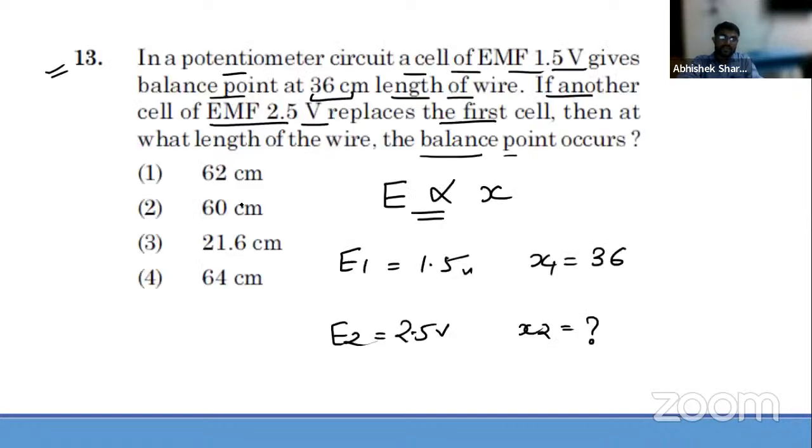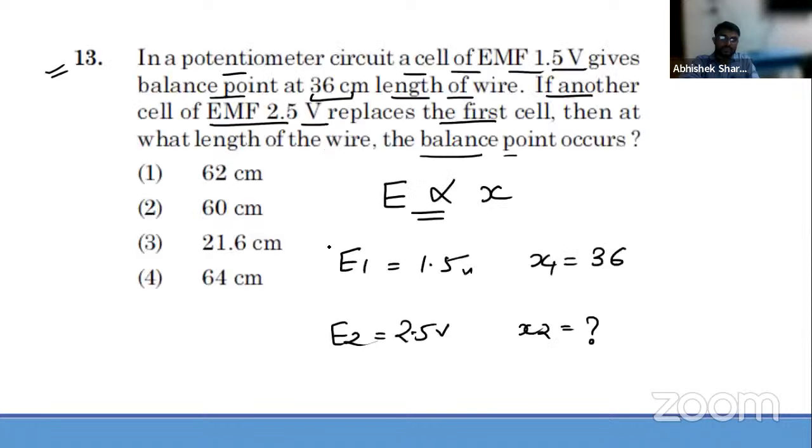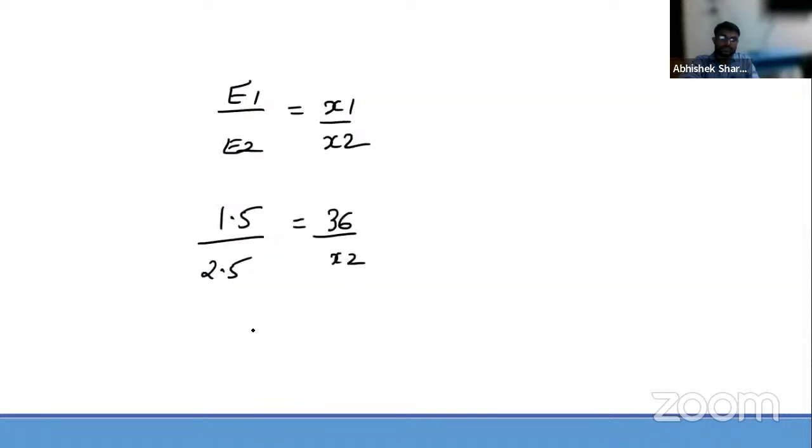So we'll get E1 by E2 as X1 by X2. E1 is 1.5, E2 is 2.5, X1 is 36, X2 comes out to be 36,